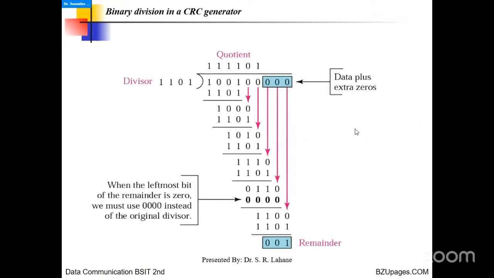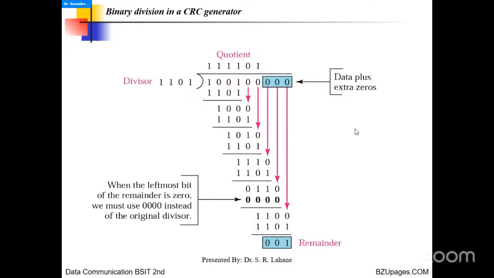Like this is the binary division in the CRC generator at the sender side. So we have taken the data bits 100100. Then 3 binary 0 bits are added. So how many binary 0s do we need to append to the data bits? That is the total number of divisor bits minus 1. In our case, how many divisor bits? The divisor 1101 means 4 bits. 4 minus 1, so 3 binary 0s we have to append to the data bits